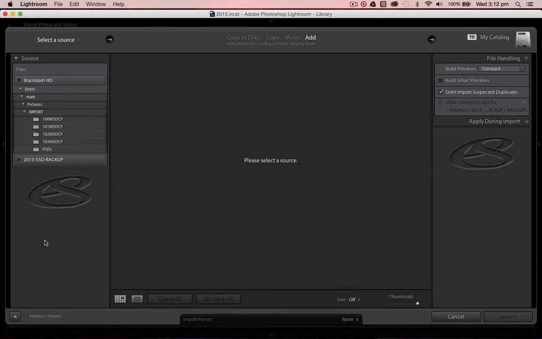Okay, now the Import menu will open. It's quite a daunting box, but basically we're looking at the top. We're going to select a source, we're going to choose what to do with the file, and then move over to the right hand side, which is where we're going to store the images that are being referenced in the